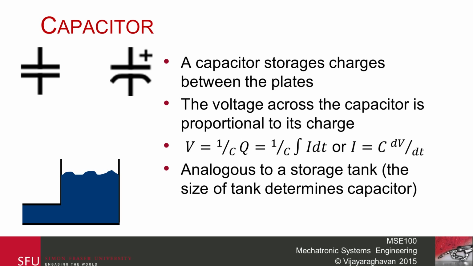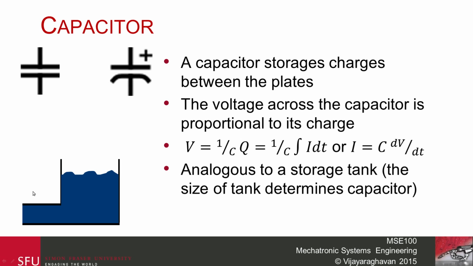The next component we'll be talking about is the capacitance. Capacitance is a parallel plate capacitance, which basically stores charge between two plates. Essentially it consists of two metallic plates and a little bit of a gap. This is the normal parallel plate capacitor, and the one on the right is known as an electrolytic capacitor. Again, we cannot go into too much detail about either of these, but the actual equation and the